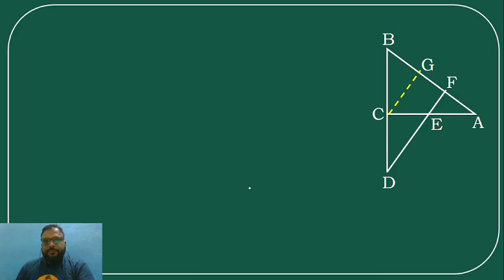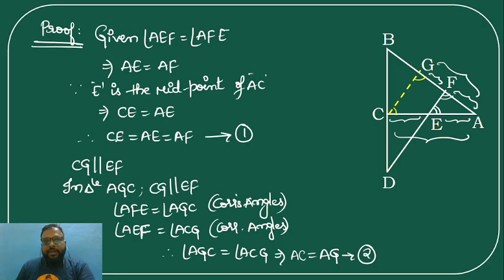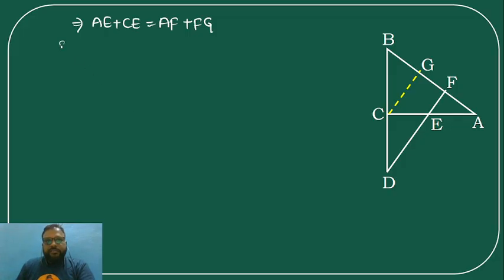So if I take this part now, I can write AE plus CE is equal to AG, which I can write as AF plus FG. Since we have already that CE is equal to AE is equal to AF,